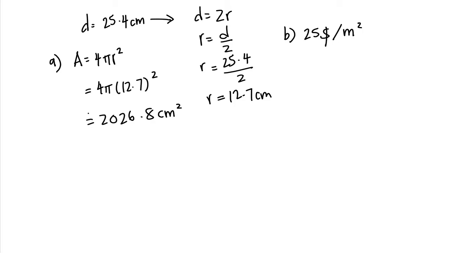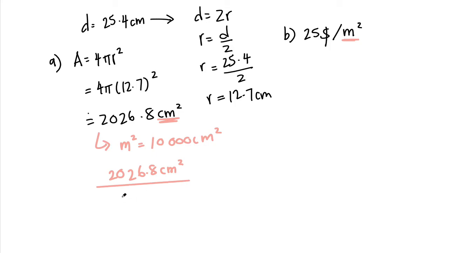Well, first it's important to note that the surface area that we found was found in centimeters squared, whereas this pricing is given to us in terms of meters squared. So let's convert our surface area value into meters squared before we calculate the cost. We know that every meter squared is 10,000 centimeters squared. So as long as we have 2026.8 centimeters squared, dividing that by 10,000 will give us our answer in meters squared, which is approximately